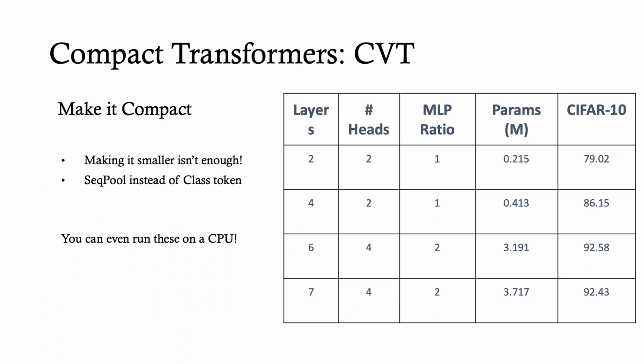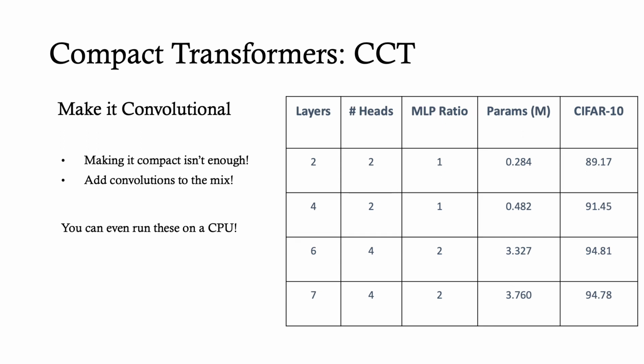On top of our compact transformer variant, the ViT-Lite, we can make the model more compact by removing the class token, as mentioned earlier, to leverage the novel design of the sequence pooling. And as can be seen from these tables, the sequence pooling is able to improve the accuracy significantly compared to the original ViT-Lite design, and it has the exact same number of parameters as well.